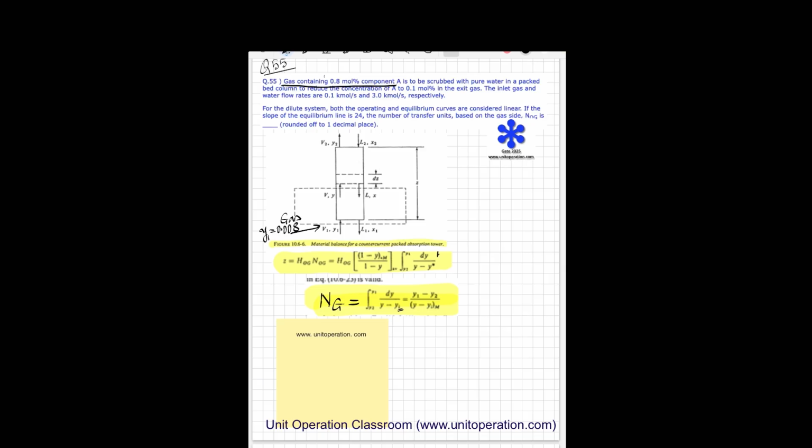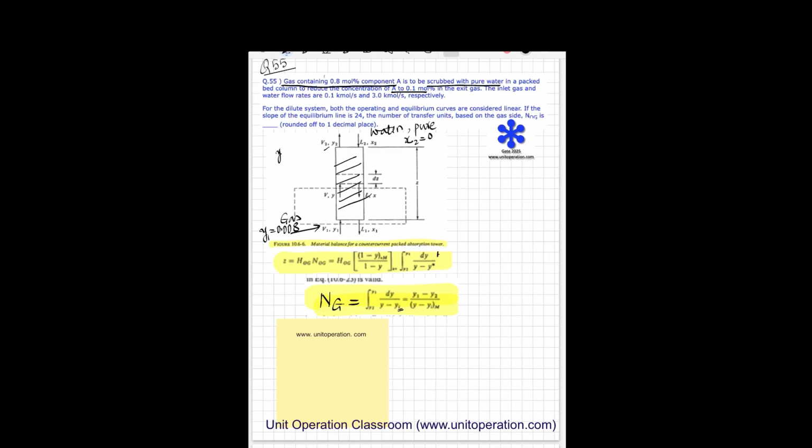So this is my pure water, therefore X2 must be equal to 0, in a packed bed column to reduce the concentration of A to 0.1 mole percent. So Y2 should be equal to